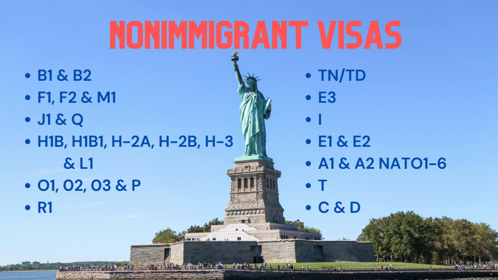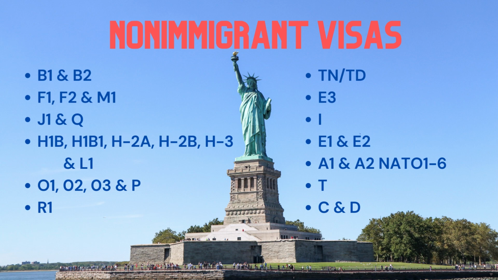Temporary religious workers who want to practice within the U.S. in religious capacities need to get the R1 visa type, TN/TD visas, for citizens of Canada or Mexico who will be working in the NAFTA organization, E3 visas, for nationals of Australia who will be working in specialty occupations,